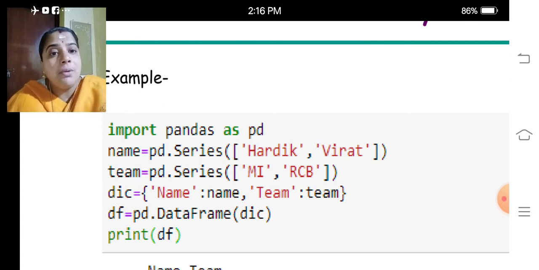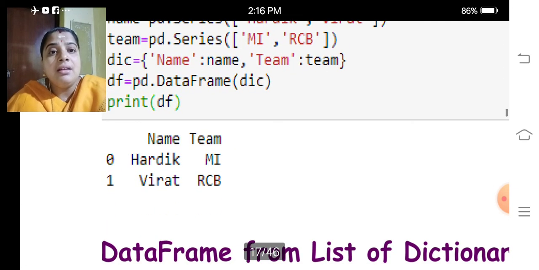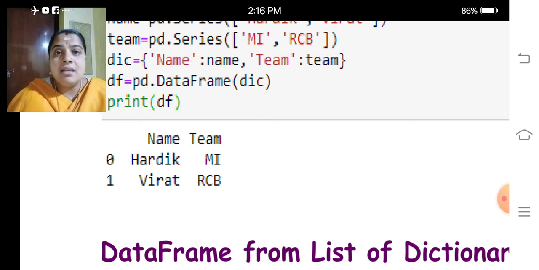Look at the output. Here we are having the index as 0 and 1. That is not given by us. But look at the column names, name and team. The name and team which are given in the first row are nothing but the keys of the dictionary.